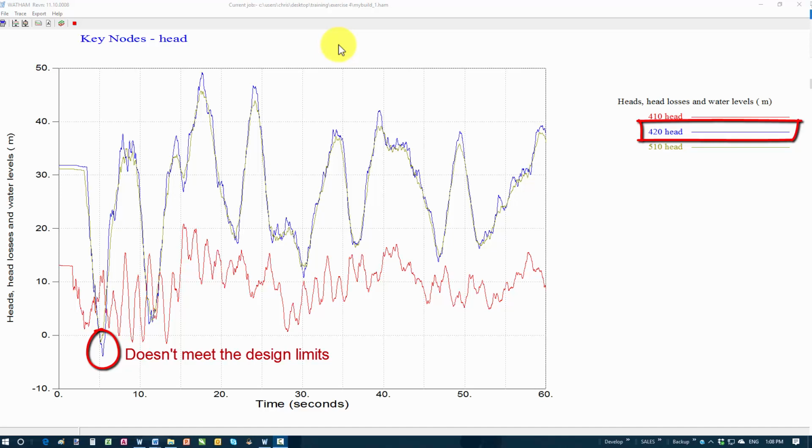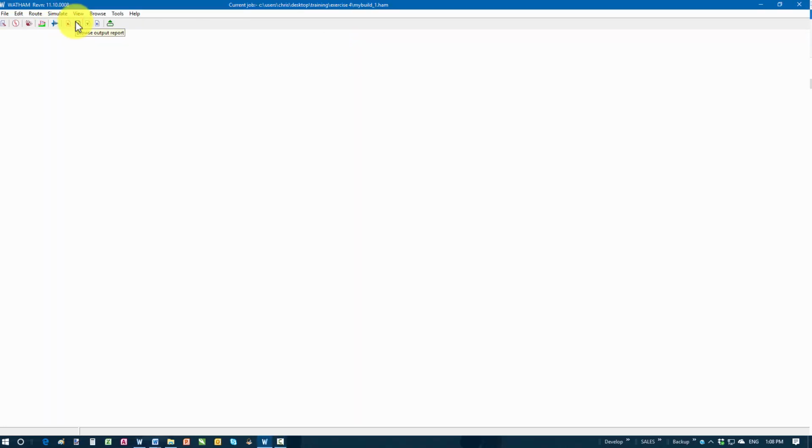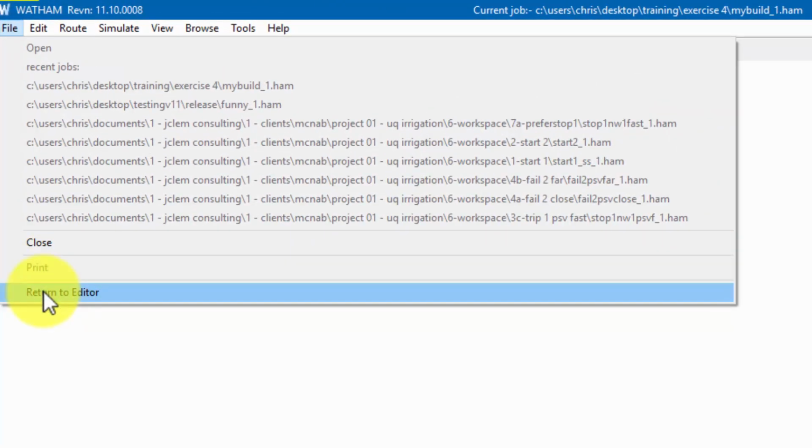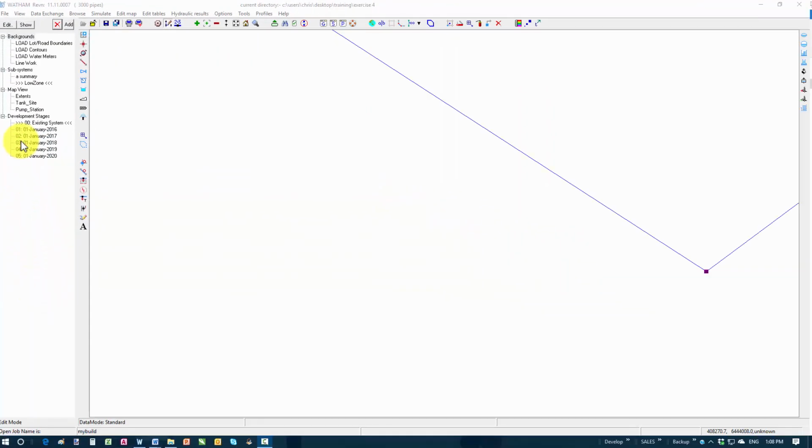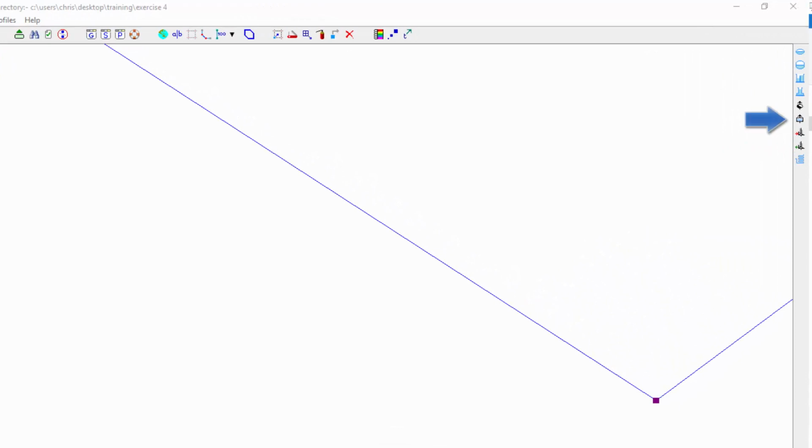Well, on most occasions you will start the process of adding surge protection from within the transient simulator. Typically you will have just finished viewing the behavior of an unprotected system. So to add surge protection devices, we use the File menu and we return to the editor. The software will return you into edit mode, where the right side toolbar will allow you to add a Ventomat